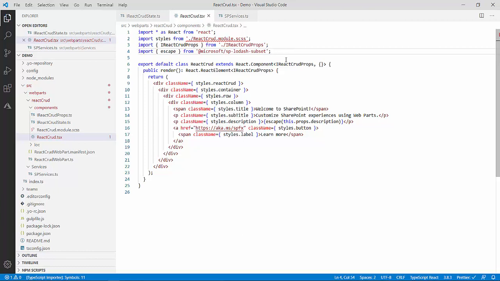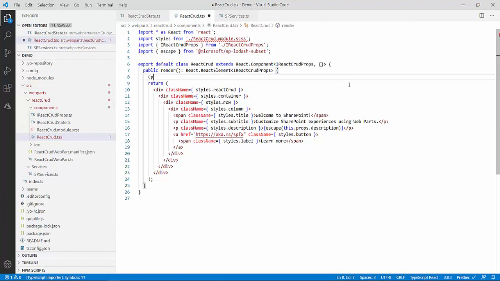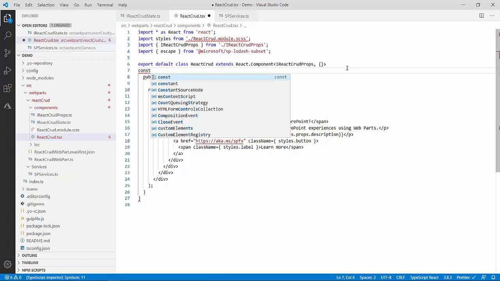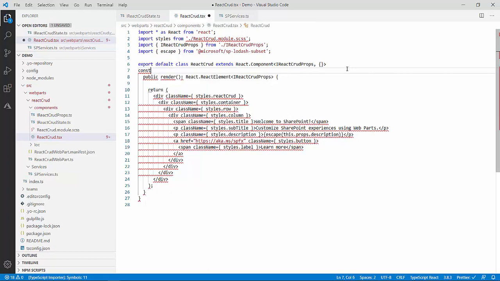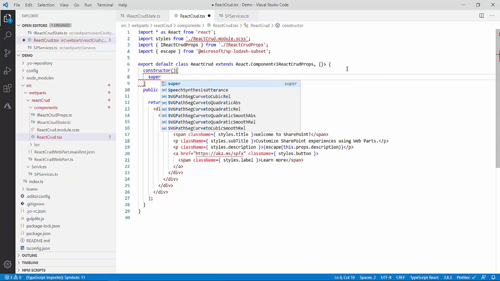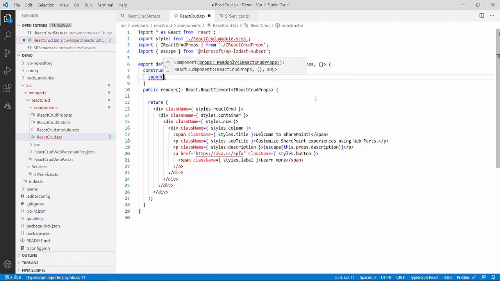Next, I told you we will initiate the state in the constructor of the component. So I will create the constructor in my default class. All these concepts I've already covered. I'm getting an error over here. I think I missed something, maybe a typo. Yeah, this bracket was missing. Inside the constructor, I told you it will be a super call because this class extends React.Component.